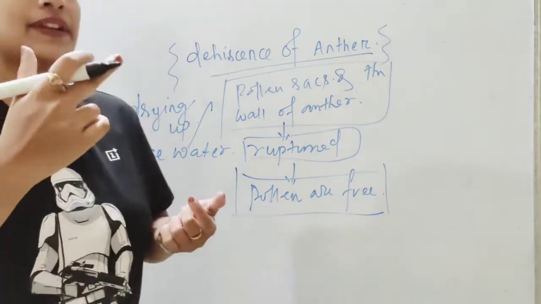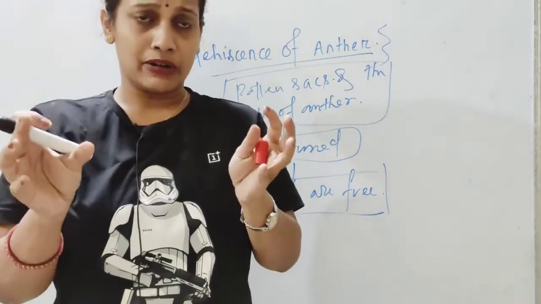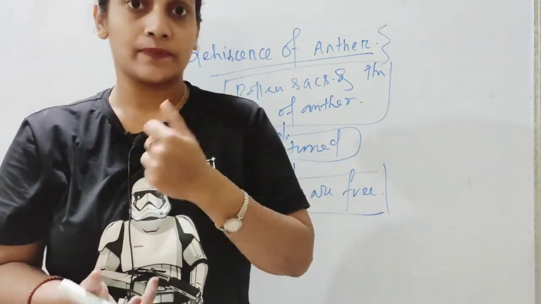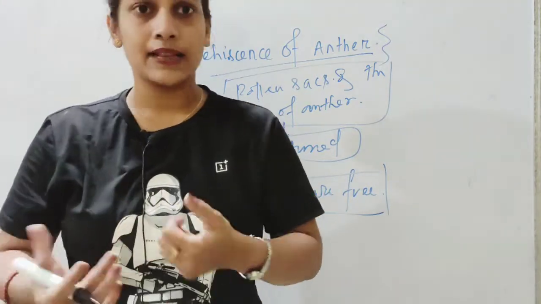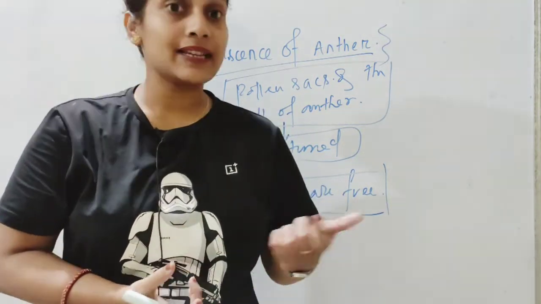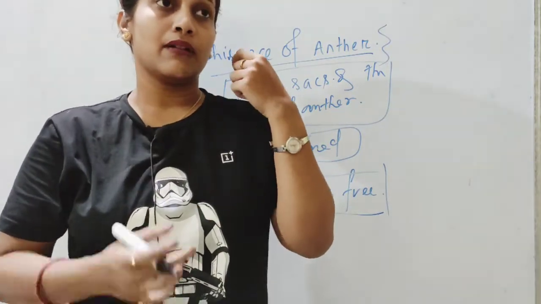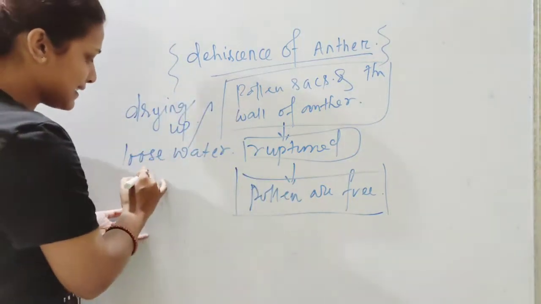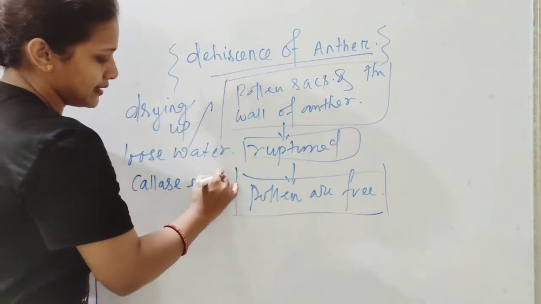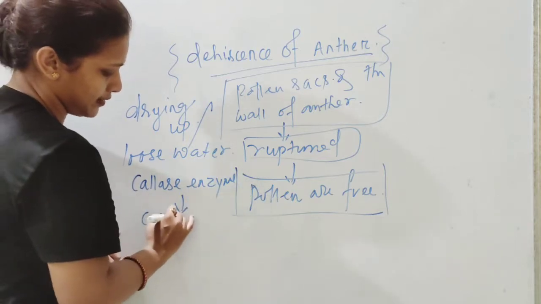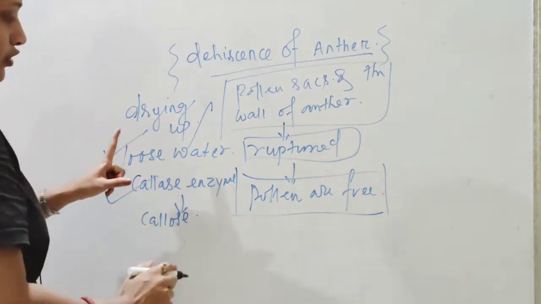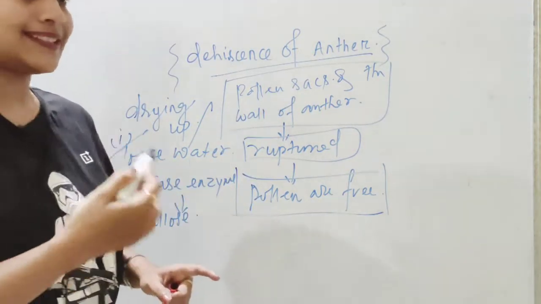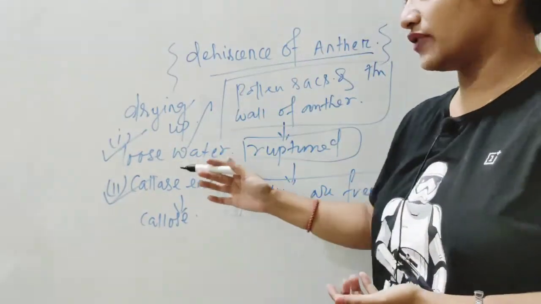what happens? They were generally completely intact, properly attached to the walls of the pollen sacs with the help of the callose. We had discussed callose and callase, the role of callase as an enzyme digesting the callose, which actually helps in the attachment of the pollen, keeping them in position in the pollen sacs. Once that callase enzyme starts acting on the callose, and simultaneously they lose water. So it's actually a two-step process. One is they lose water. Second is the callase enzyme starts acting on the callose,